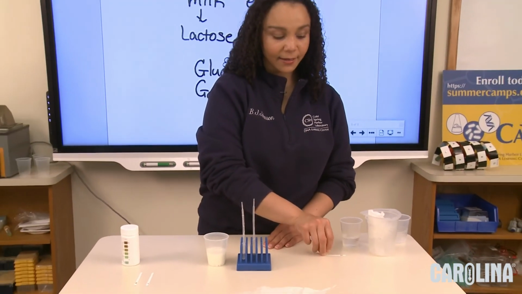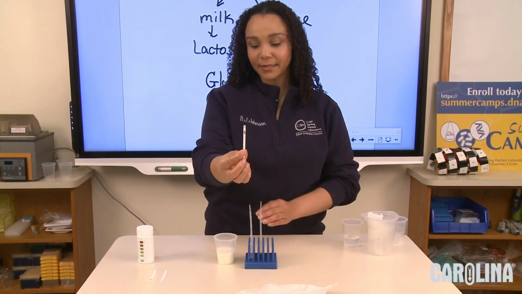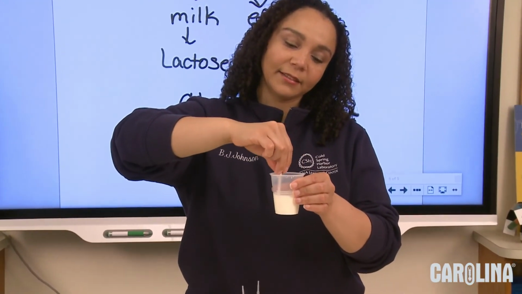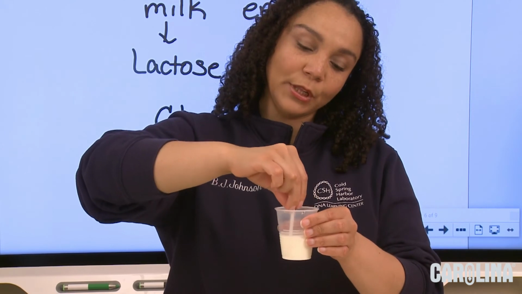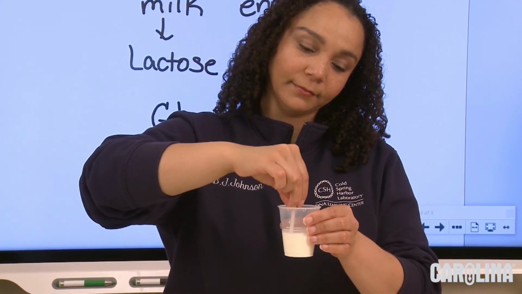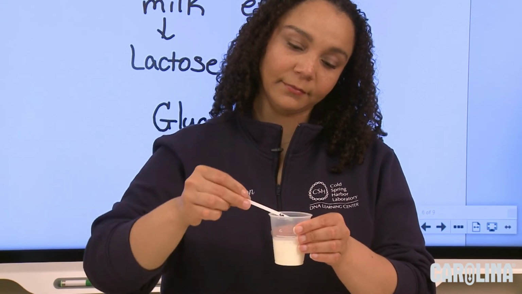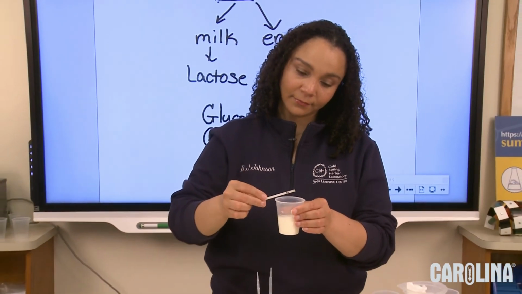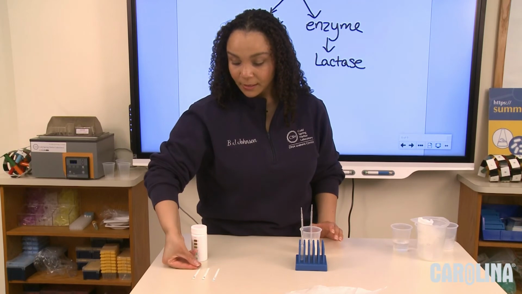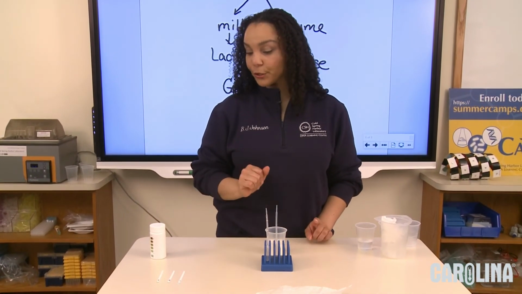So now, I feel that enough time has passed. I'm going to take strip number 3, and I'm going to do the same thing that I did before. I'm going to swirl it in the milk for 10 seconds. And then I'm going to set it beside the other strip. Now I can already see that the colors are starting to change, but before I show them to you,